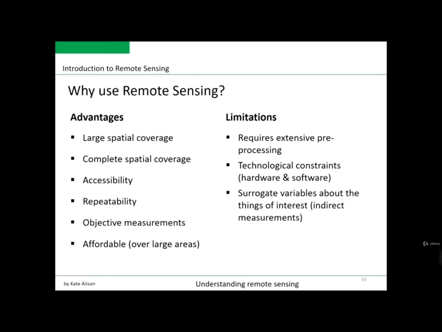And I think the last limitation is probably one of the most important ones, and it says that remote sensing variables are often surrogate variables about the things of interest. So it's